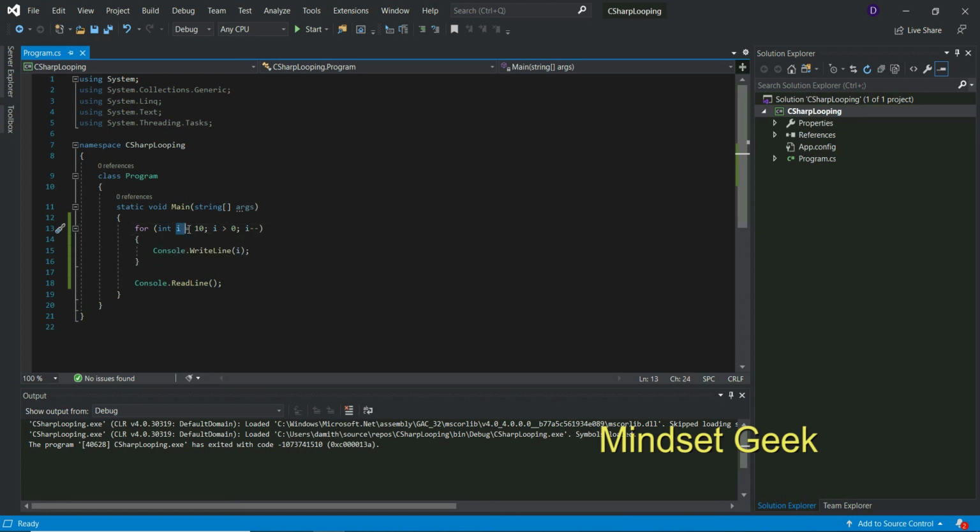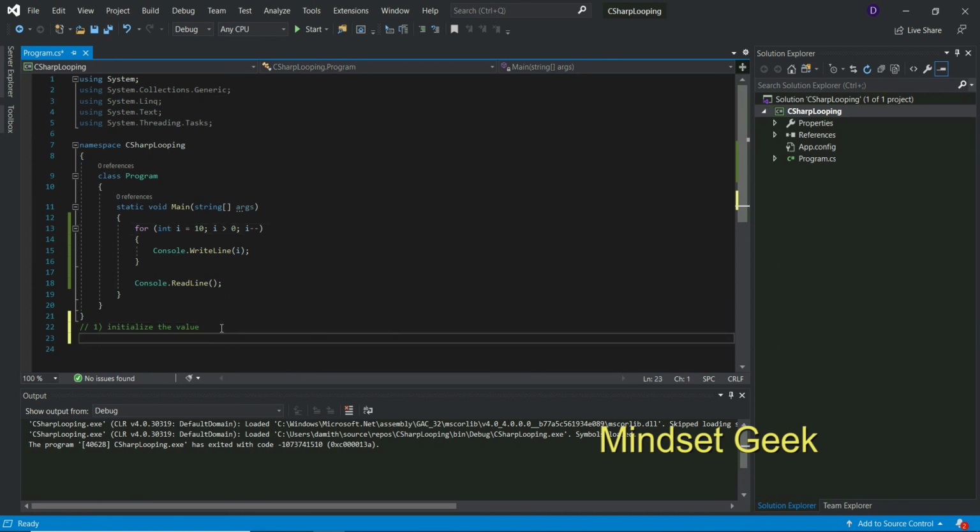First initialize the value, then check the condition, as steps. First step: initialize the value, which means this part: create a variable and initialize the value.